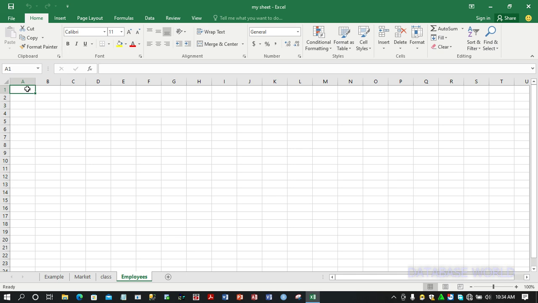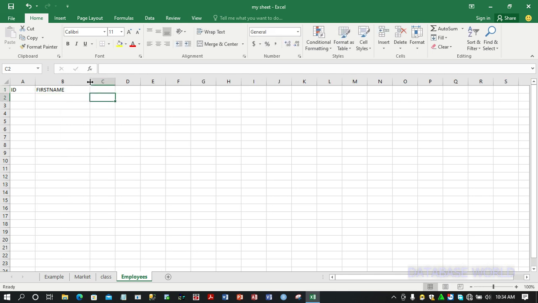So here the first cell will be ID in uppercase. The next cell will be first name like this. Let's expand. The next cell is last name. The next cell is salary. The next cell is gender. The next cell will be